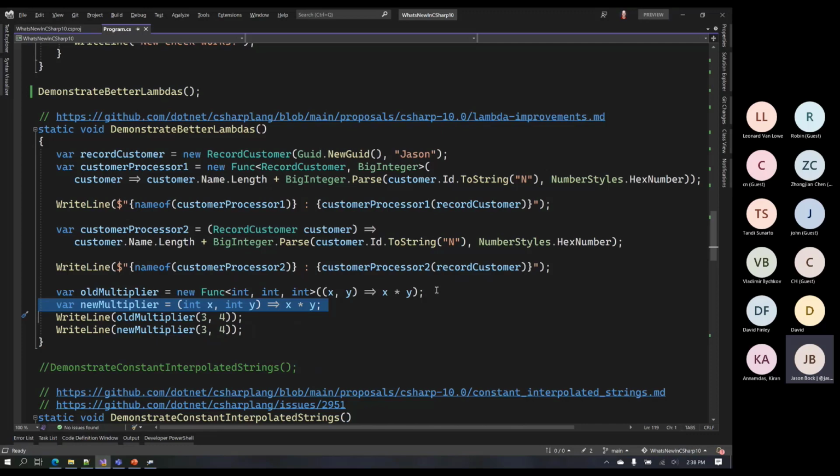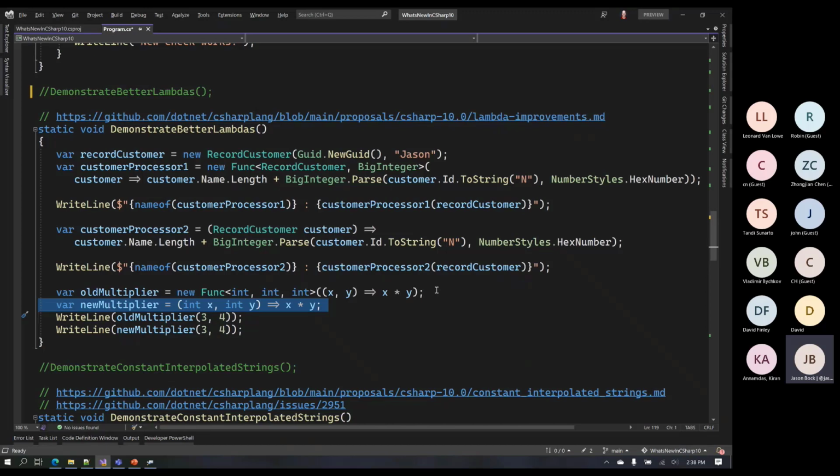So in the case of NUnit, I believe the release candidate 2 version, which just came out, fixes this and fixes other issues. So I would imagine that if you're doing a bunch of things with lambdas and you start using this syntax, you shouldn't run into any problems with it. But I have noticed watching the evolution of this feature that there have been a couple of things coming up here and there that have led to, not to say scrambling, but adjustment from the C# team to make sure those things work as expected. But overall, I'm really looking forward to defining these lambdas like this.